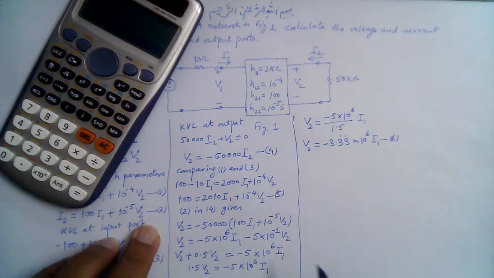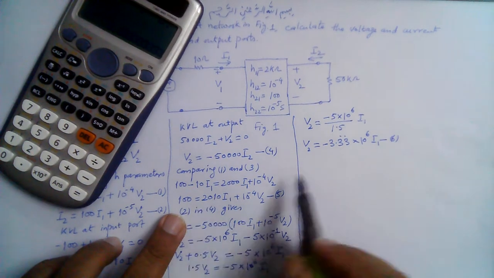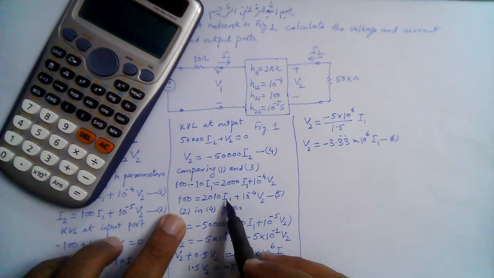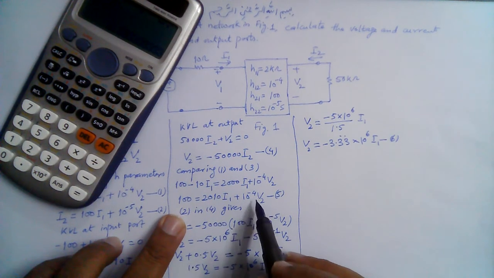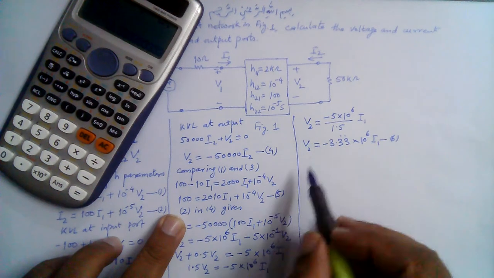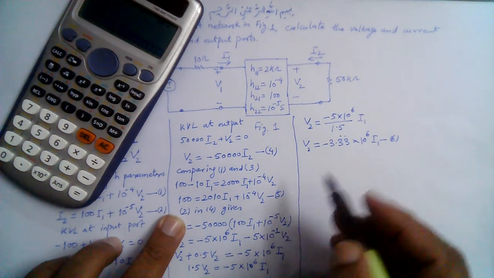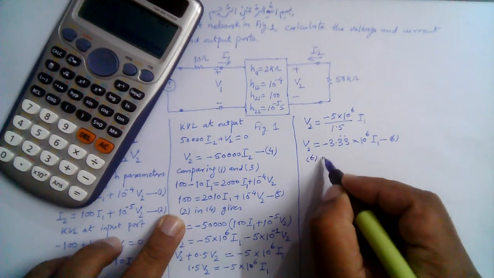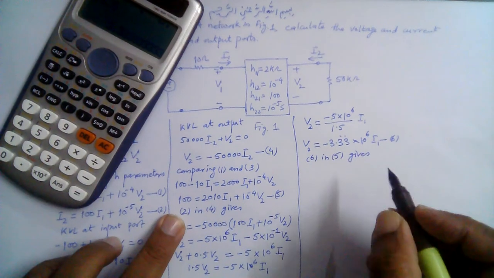And we have this equation 100 is equal to 2010 I1 plus 10 to the power minus 4 V2. So this equation 5 is in terms of I1 and V2, and this equation 6 is in terms of I1 and V2. So we can solve them simultaneously. We can substitute the value of 6 in 5. So 6 in 5 gives